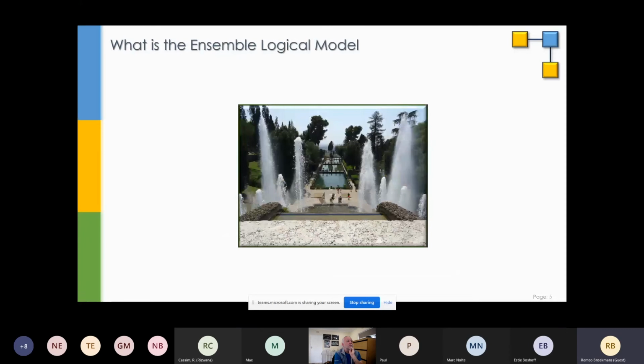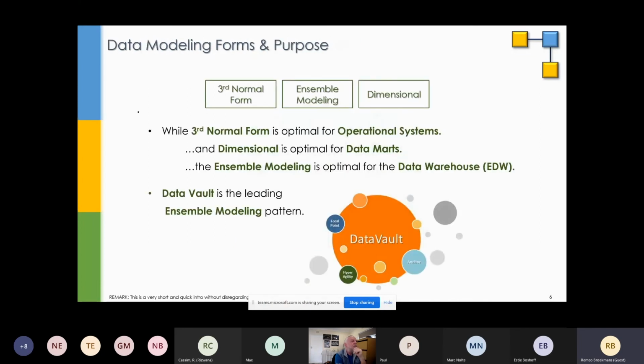Just a little bit of intro in ensemble logical modeling. And the intro is just a general introduction. I'm going to tell you something about third normal form and dimensional modeling, not saying that these are rubbish or can't be used, but just to get some general idea where to find what's the ideal work, in my opinion at least. And looking at the different modeling forms, and there are many more, of course, when I'm looking at third normal form,